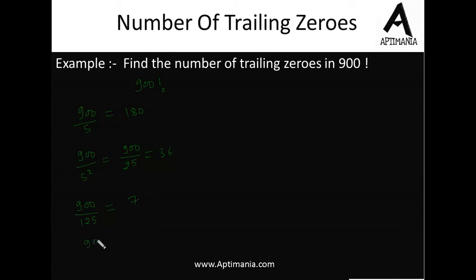Then we'll divide this 900 by 5 raised to power 4, that is 625. Now the division would be possible for only one time. So we are having one number only which contains 4 5s. Now when we divide 900 by 5 raised to power 5, the numerator would be less than the denominator. So from here onwards we won't have any number which has more than 4 5s in it. The quotient over here is 0. So our total number of 5s is 180 plus 36 plus 7 plus 1. So in total we have 224 zeros at the end of this